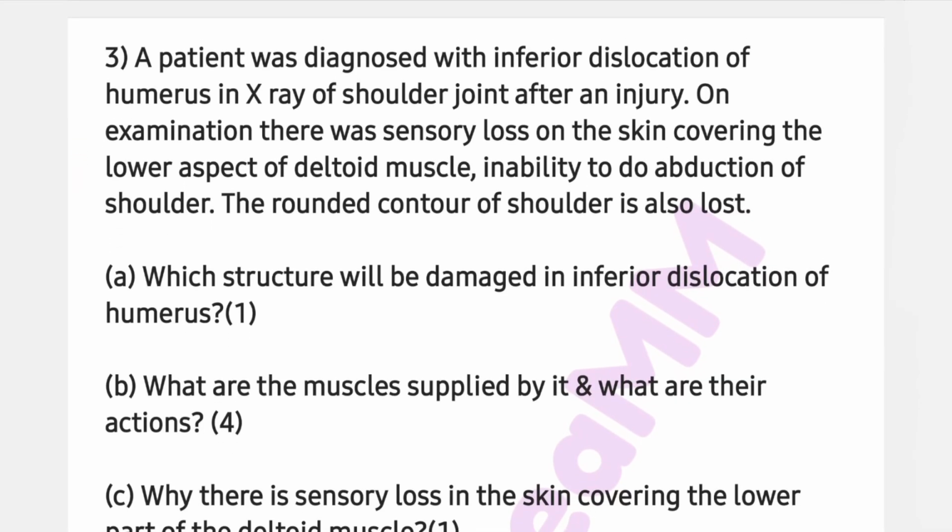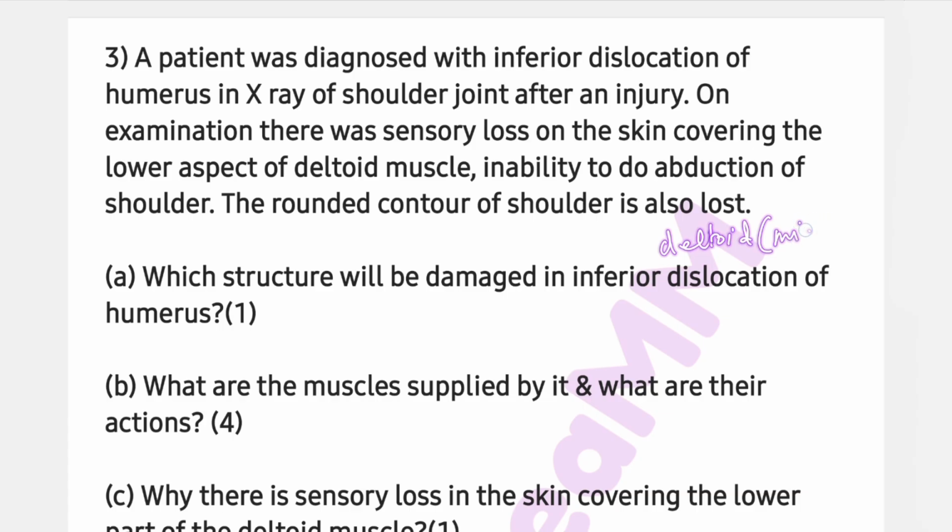A patient was diagnosed with inferior dislocation of humerus in X-ray of shoulder joint after an injury. On examination, there was sensory loss on skin covering lower aspect of deltoid, inability to do abduction of shoulder, and the rounded contour of shoulder is lost. See, what structure will be damaged in inferior dislocation of humerus? They have given a clue here that sensory loss over deltoid and inability to abduct the shoulder. If you see, which will help in abduction of shoulder, mostly it is deltoid